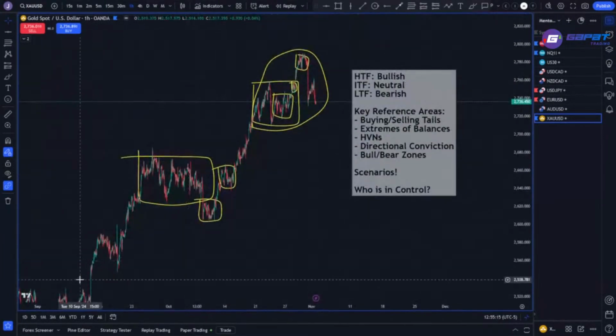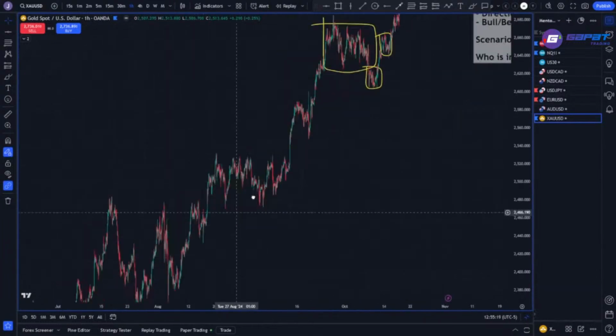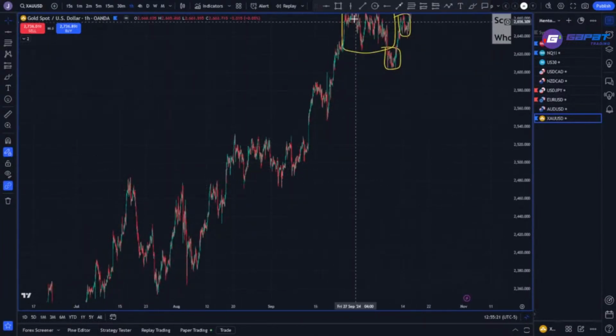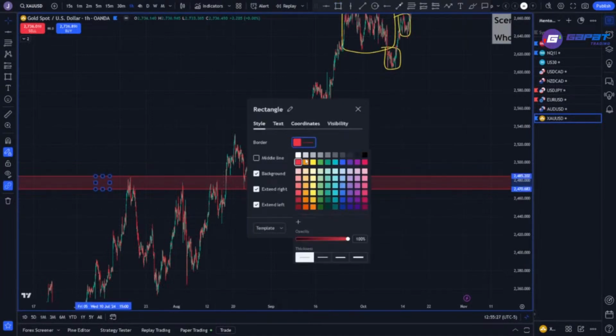I'm not going to go this far back for now. Potentially, if price starts to come down, I'll go over this. These are really nice ranges. So this would be a nice bull bear zone for the long side. This would be an automatic order for the long side